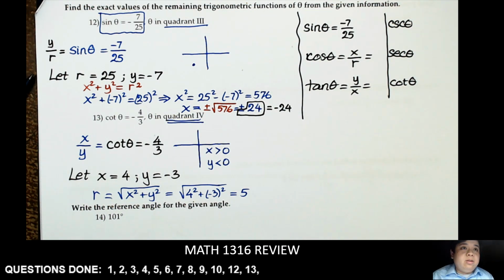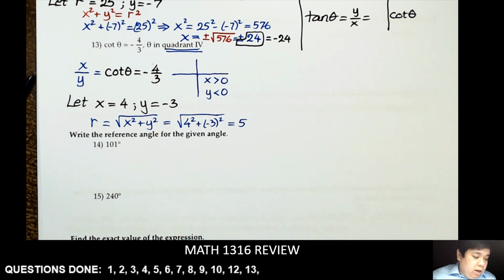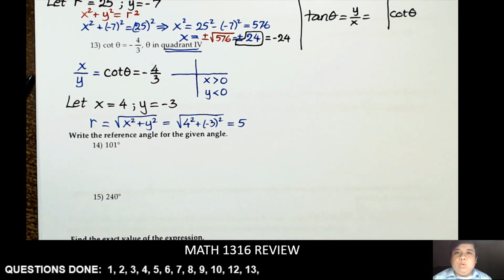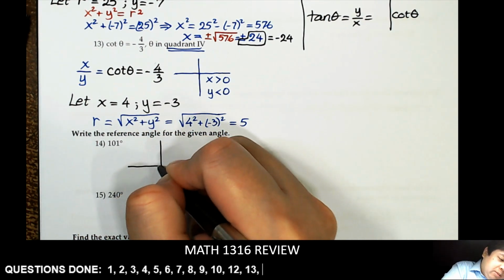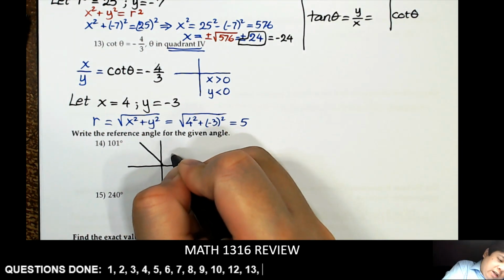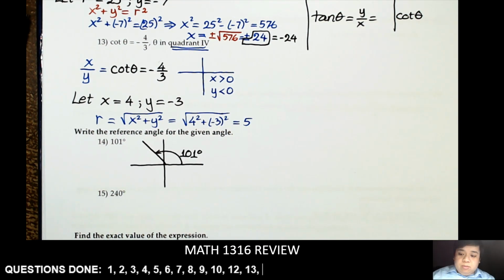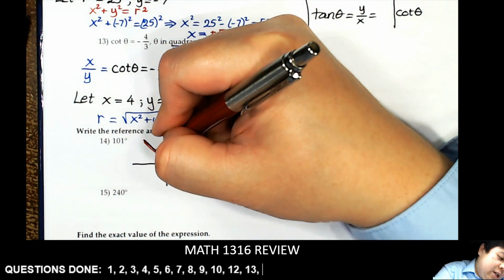Next, the reference angle. We'll do both of these at the same time. The reference angle is the angle made with the terminal ray and the x-axis, which could be positive or negative. It doesn't matter. Whatever produces the acute angle. So 101 degrees. It is in quadrant 2. So we have here 101 degrees. A reference angle is whatever it makes using this terminal ray